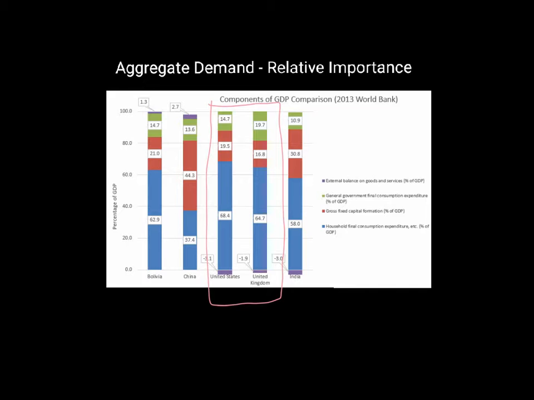So the important thing to bear in mind here is normally when you talk about this, certainly in your first year of economics, you're mainly going to be looking at the UK. So when we're thinking about the UK, what you need to remember is that about 2/3 of the level of aggregate demand comes from household expenditure, and then you have about 15 to 20% from each of the government and capital investment sections of aggregate demand, and then there is a relatively small deficit on the external balance of goods and